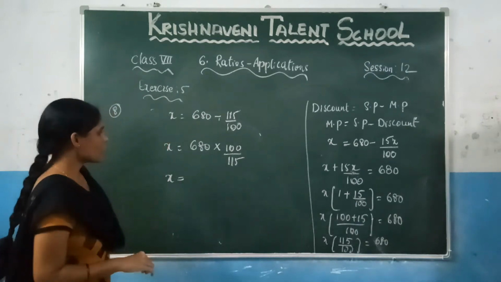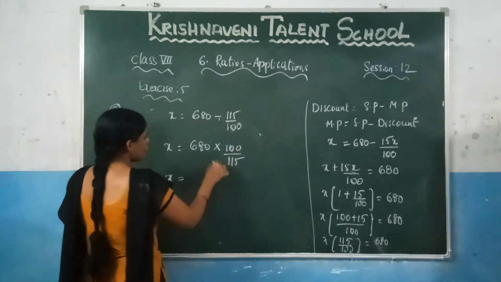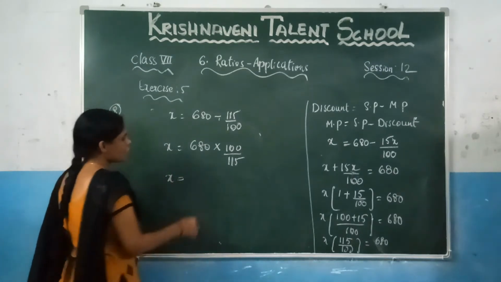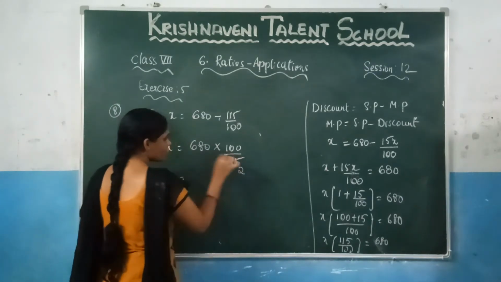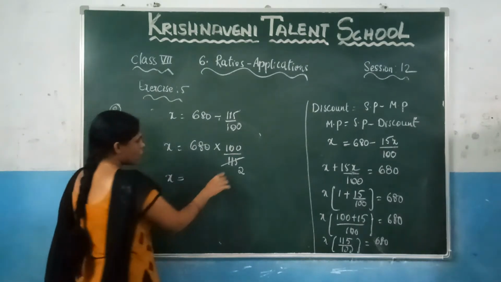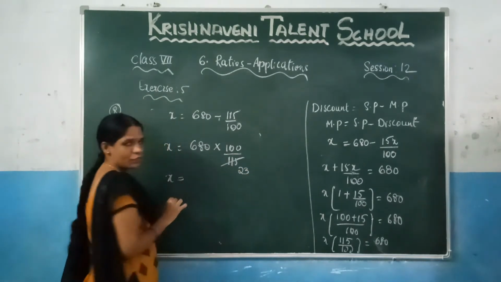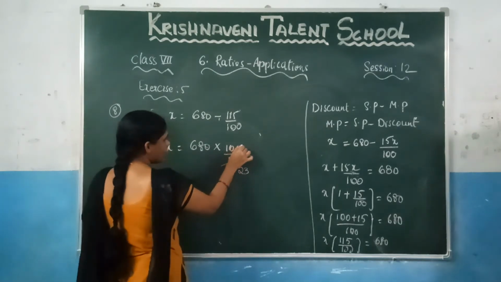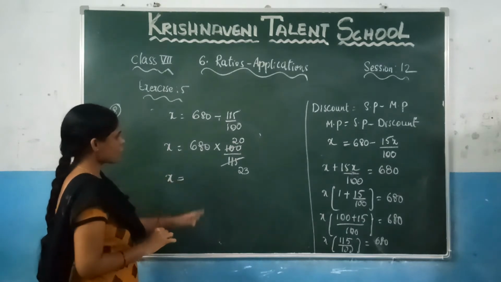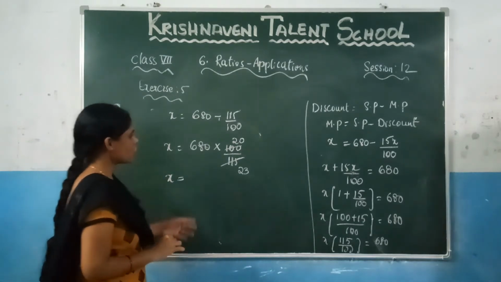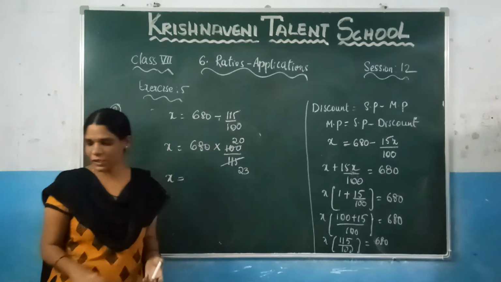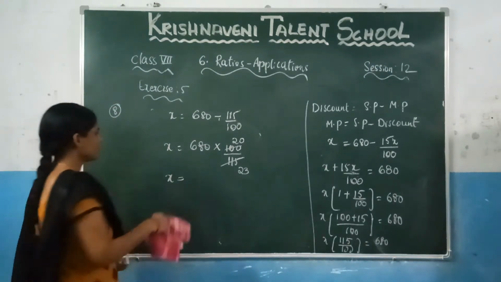of the chain. So let us do the simplification here. You know that these two numbers are divisible by 5, or again these two numbers. So let us do here 5 2s are 10, 1 will be there, 5 3s are 15. Right? Similarly here 5 2s are 10 and after that just do the simplification so that you will come to know what is the market price of the chain. Now let us see the next question.